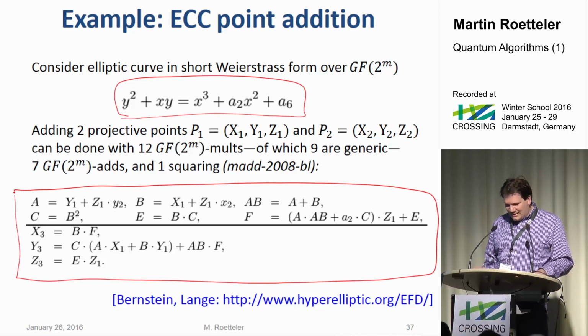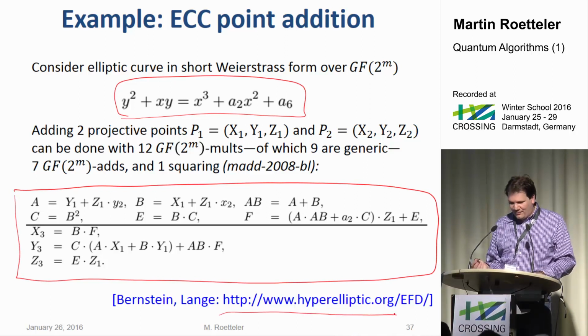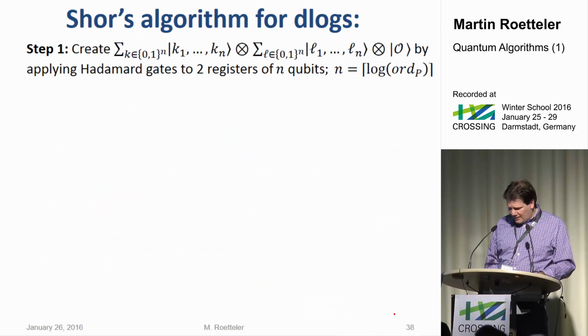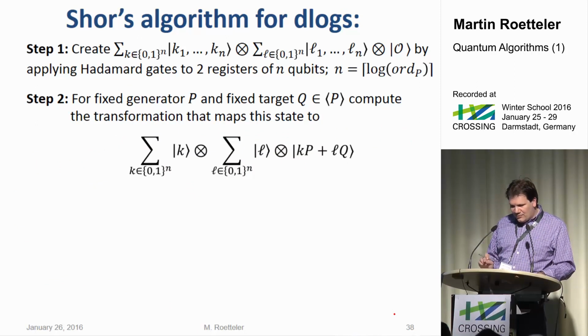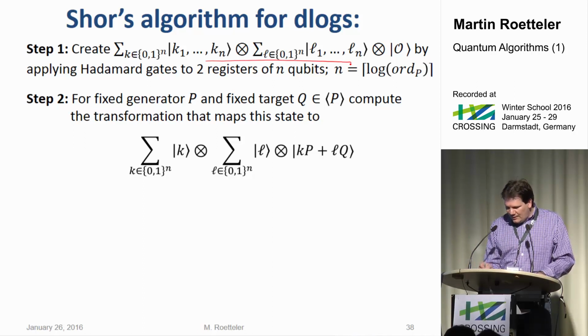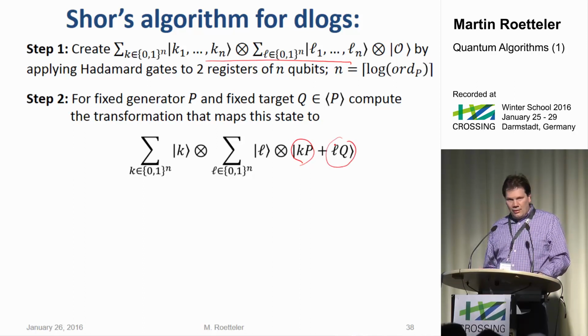elliptic curve. I think it's very interesting, the databases that have formulas. We can look at the formula and try to implement it using a quantum computer, the arithmetic. But then conceptually, the algorithm looks very much like the factoring algorithm. You start with 2 registers, right, and create all the inputs. Then you evaluate all the multiples of the generator that you're given, and the point that you want to compute the dlog of. Right? So we have our generator P with our point that's in the span of P.